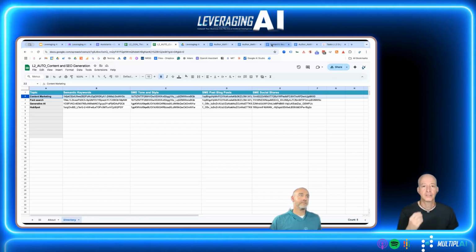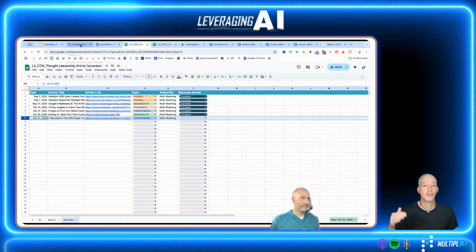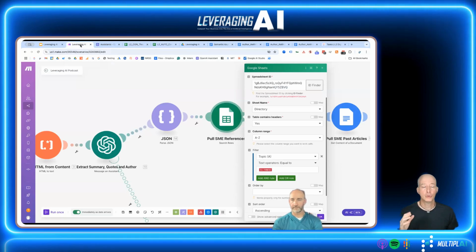The way this was done is in advance, Keith has prepared these reference files that can be used, and this could be different reference files for different topics, right? So for each of those topics that he mentioned, there are different reference files, different keywords, different tone of voice, different referenced past experience on stuff that you want your company to talk about.